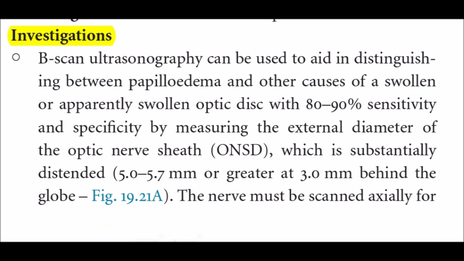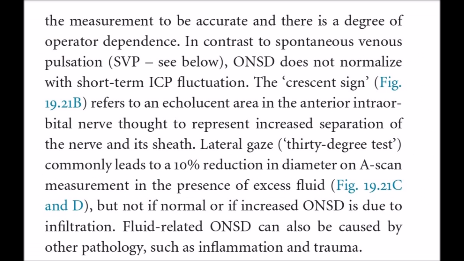In contrast to spontaneous venous pulsations, optic nerve sheath diameter does not normalize with short-term intracranial pressure fluctuation. The crescent sign, which I'll show you, refers to an equilucent area in the anterior intraorbital nerve, thought to represent increased separation of the nerve and